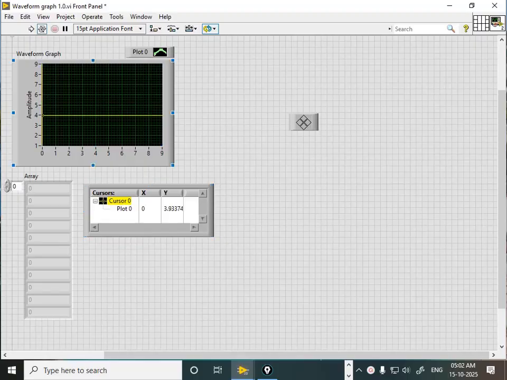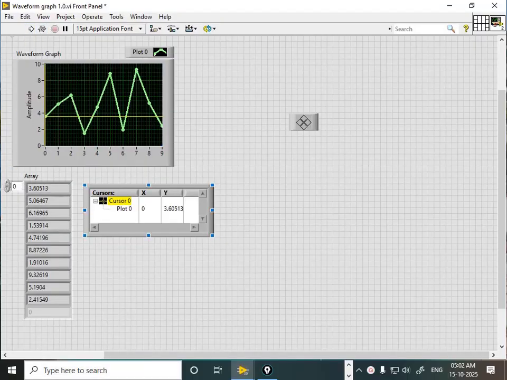So I'm going to run this program. So see, the values are plotted. Let me show you which are which values. So this is the first value, 3.6.0513. So this is the first value,